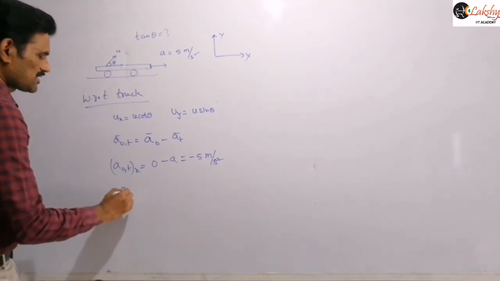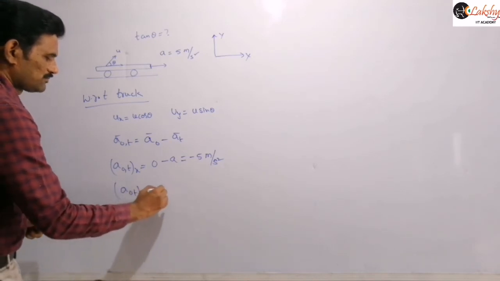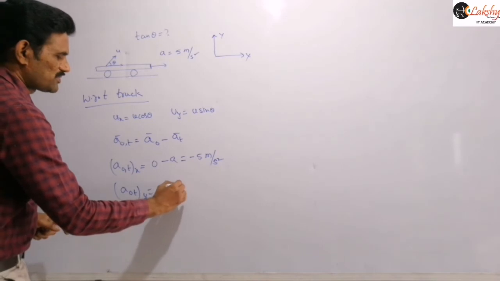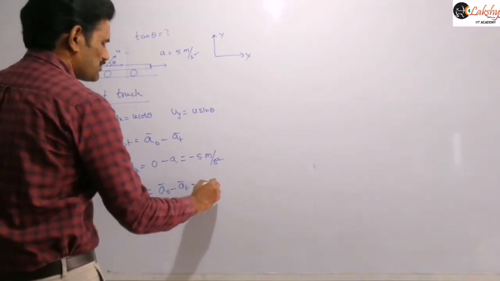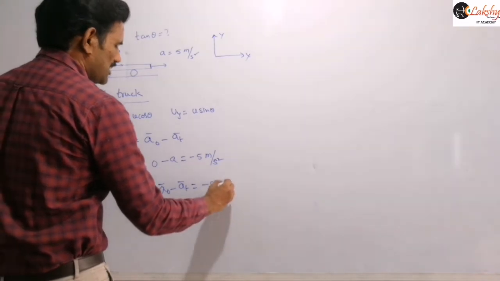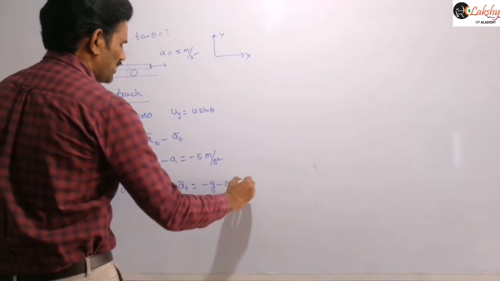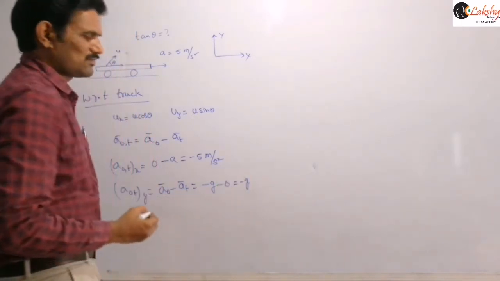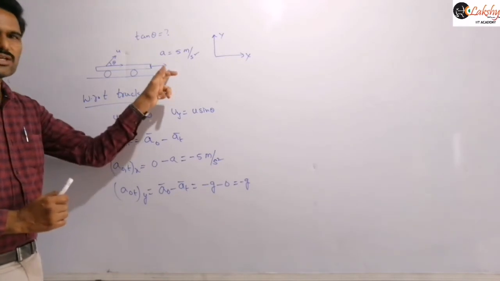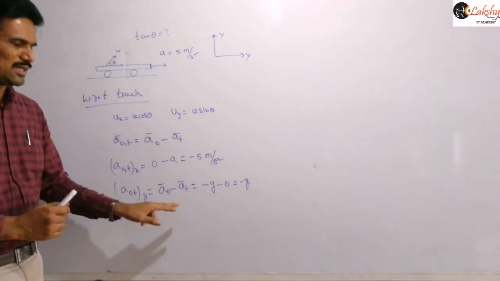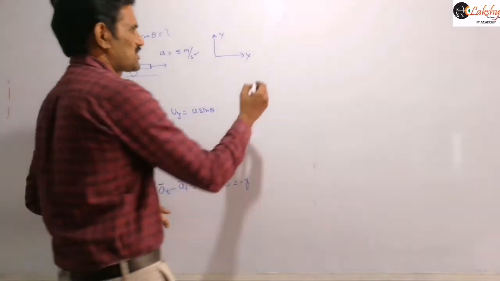And next, similarly, let us write acceleration of the object with respect to the truck along y direction. Acceleration of the object minus acceleration of the truck we need to write. So acceleration of the object is minus g, minus acceleration of the truck is 0, and so this is also minus g you will get, right? So that is acceleration along the vertical direction. Along vertical direction there is no acceleration for the truck, only this acceleration is there for this object. And so now let us write the displacement.